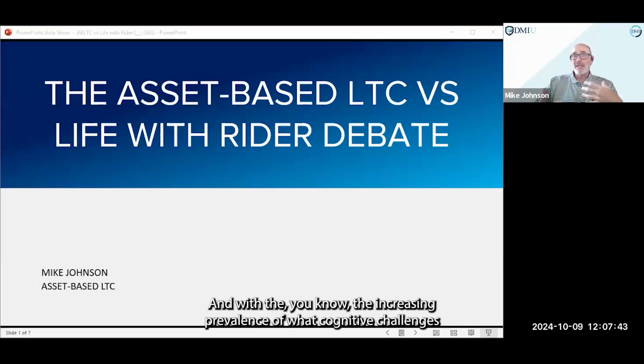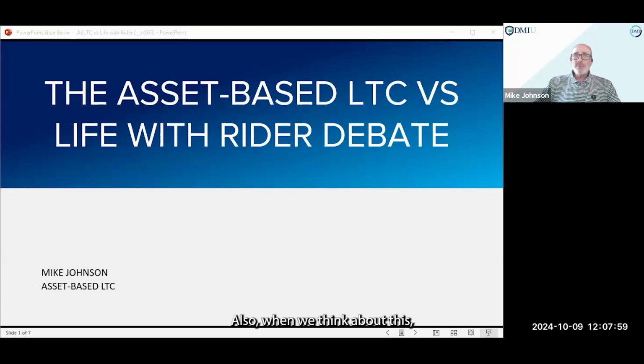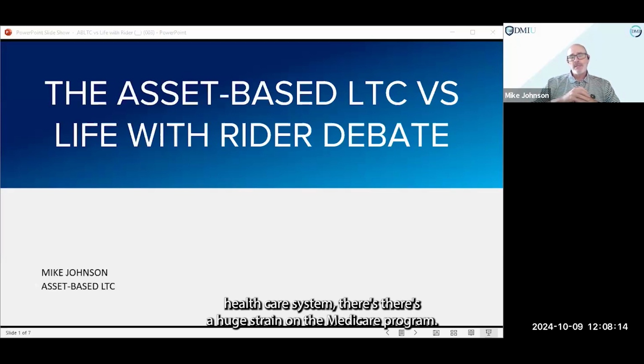And with the increasing prevalence of a lot of cognitive challenges like Alzheimer's and dementia cases, in many cases, that can require lengthy long-term care coverage that could last for 10 years or more in some cases. Also, when we think about this, the unfortunate reality is Medicare will not cover long-term care expenses. And although Medicaid is sometimes viewed as kind of that go-to safety net in the US healthcare system, there's a